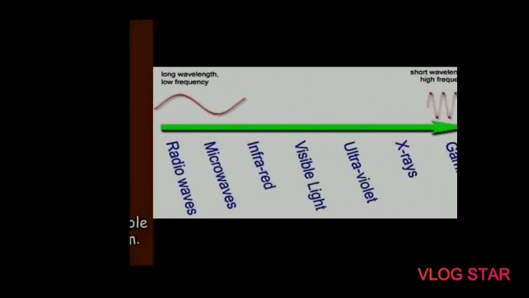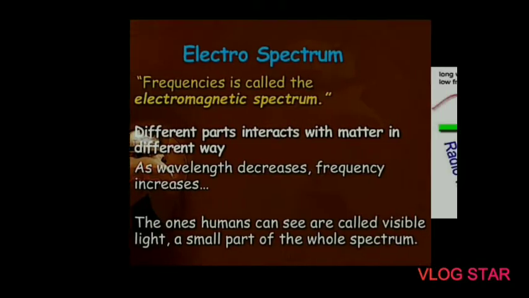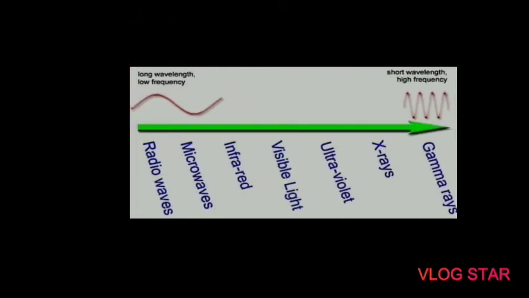So that's why we can see here the different types of the electromagnetic spectrum. If we move from left to right, we can see the wavelength decreases and the frequency increases, and the flow starts from the first wave, that is radio waves, second microwaves, third infrared waves, then visible light, ultraviolet light, X-rays and gamma rays. Okay, so this is the flow of our electromagnetic spectrum from radio waves to gamma rays.